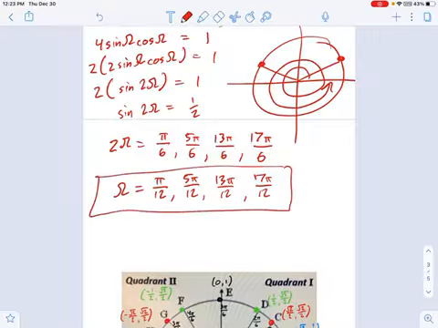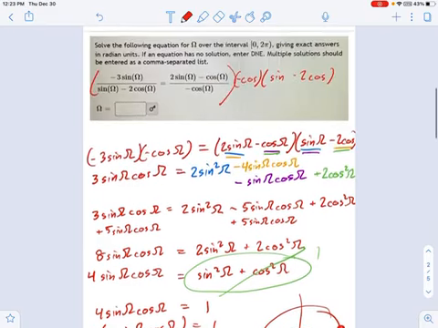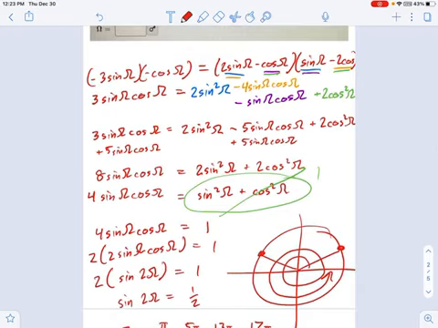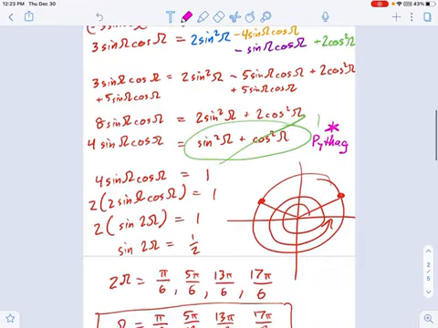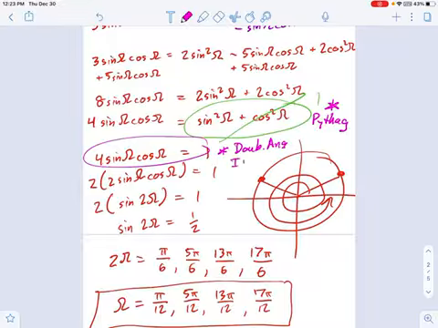So we should just review the techniques that we used to get to this answer. First thing we did was handle it like a normal fraction, try to get rid of all the denominators. Second thing we did right here was a Pythagorean identity. And that simplified the sine squared and the cosine squared part of it. And then the last special thing was right here when we did a double angle identity. Okay, and that got it to the part where we could solve this just using our coterminal angle techniques.